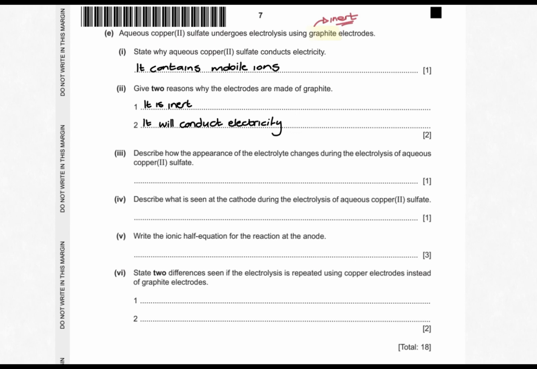Then the third question asks to describe how the appearance of the electrolyte changes during the electrolysis of aqueous copper 2 sulfate. Aqueous copper 2 sulfate has a blue appearance. Graphite, being inert, will not react with the solution, meaning that copper 2 sulfate will lose its color and become a lighter blue. They then asked to describe what is seen at the cathode during the electrolysis of aqueous copper